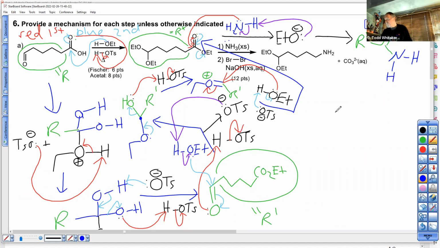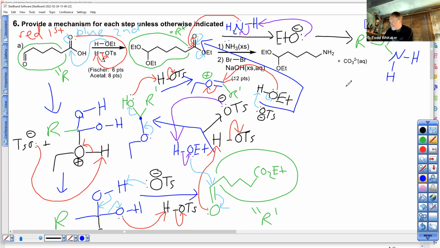Step 1 is over. We did it all in 3 steps. Attack, neutralize the oxonium. Sorry, what was it? Attack, pi breaks, then eliminate to get your pi back, and then neutralize your oxonium to make this species here a primary amide. Hey, primary amides can undergo